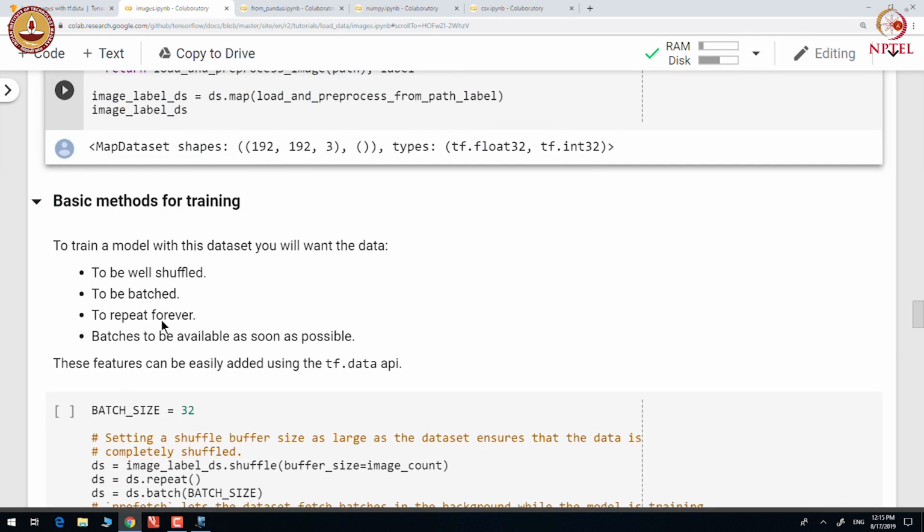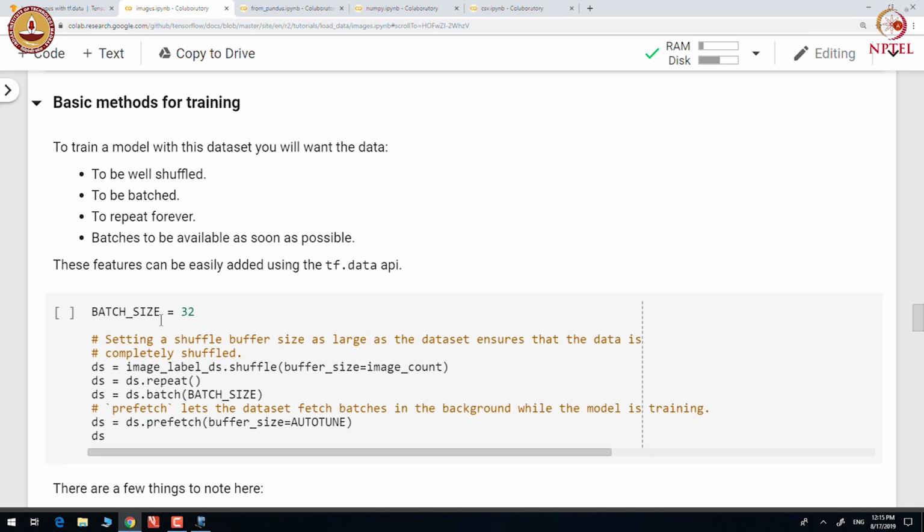Now, in order to train a model with this dataset, we want to first shuffle the data, then we want to batch it and then repeat forever, and we want to make sure that batches are available as soon as possible.